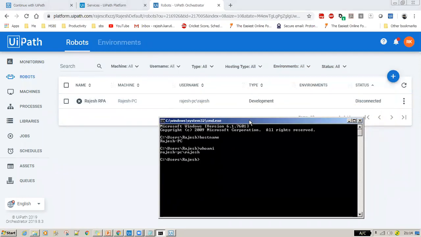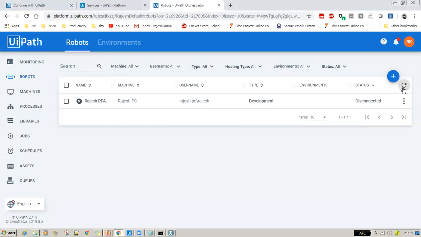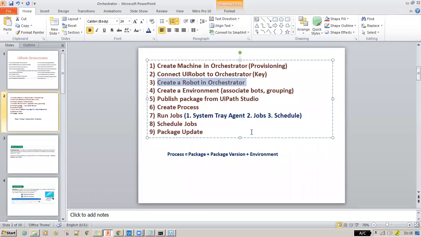You're supposed to check that the status is connected. Just checking what the issue is. That's fine, we'll see it. Just give me some other time.